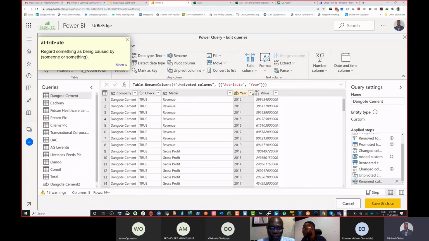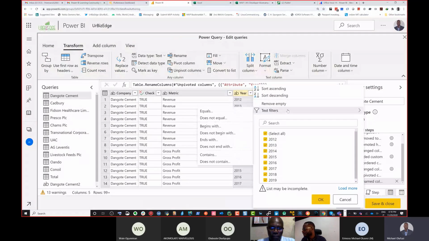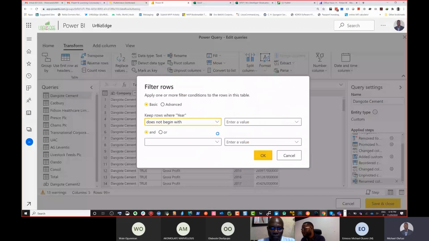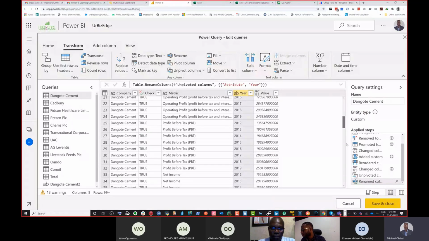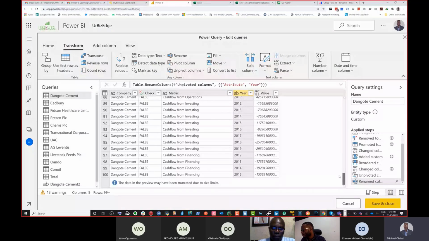Then I'm going to remove anything that starts with column. So I'm going to say I want to remove anything that begins. So I only want what does not begin. So whatever I want must not begin with column. Does not begin with column. Because column means that there's nothing there. Maybe I should just show you why I'm doing that. If I scroll down some more,